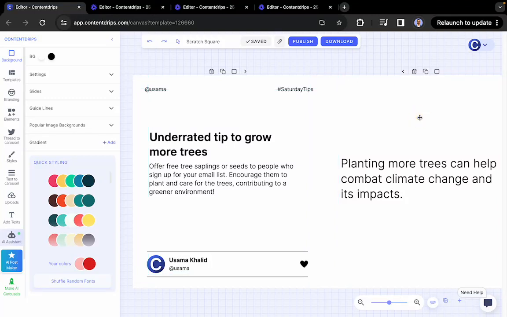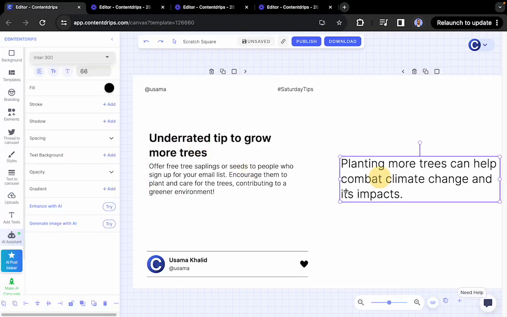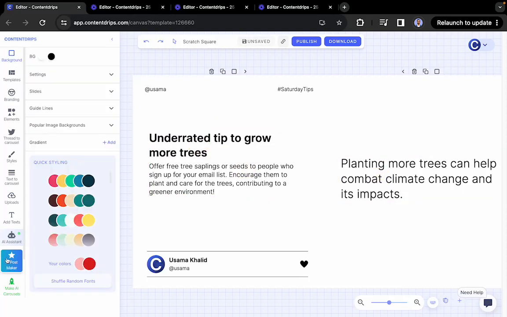Hi everyone, today I have one really interesting feature to share with you. It's called AI Post Maker. So we just added this on Content Tips. This helps you write content for your social media post on the canvas through AI. Basically, you add a topic and it automatically updates each of the text boxes and you have your content